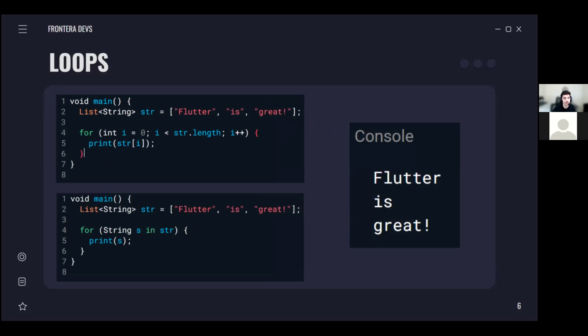And for as long as this i counter is less than the length of the string list, we'll keep incrementing the counter, and we'll just go printing each element. And it'll end up with the console output on the right. But you could also write this for loop